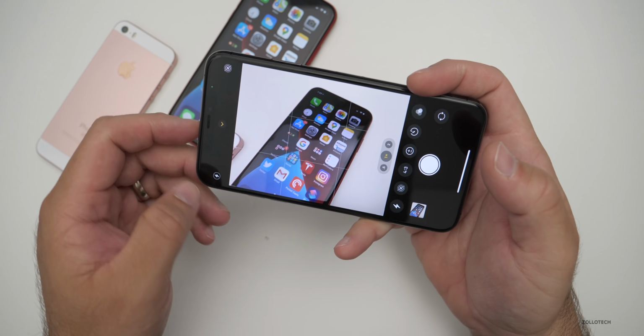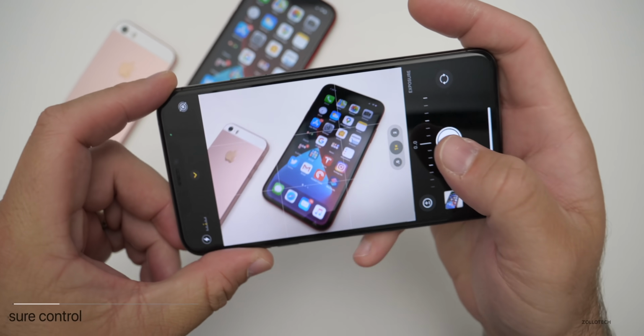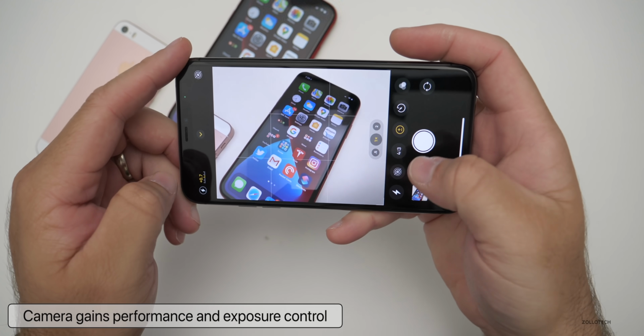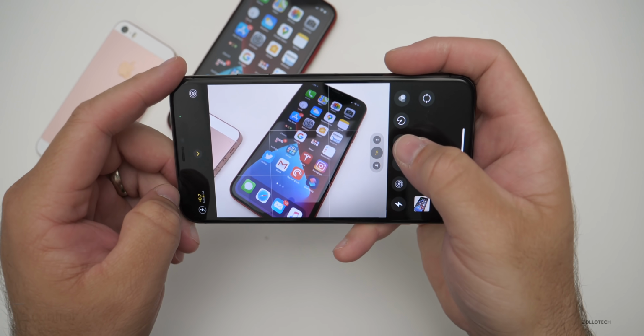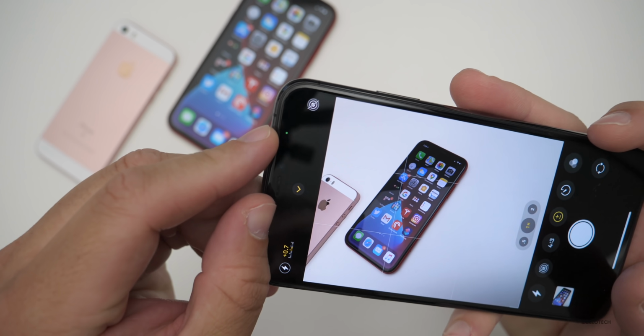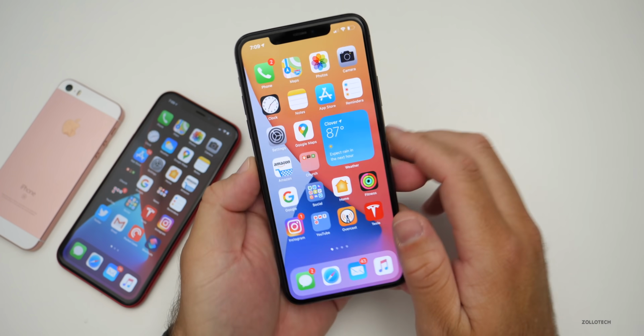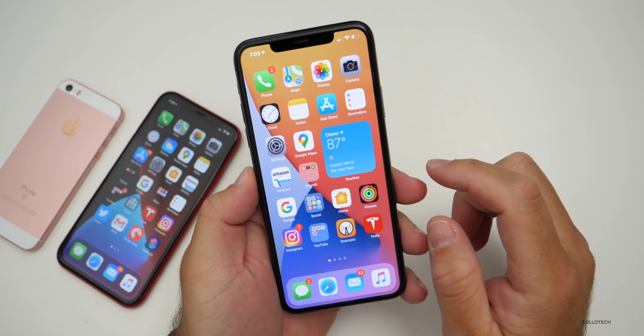And then they've also added exposure compensation. So you've got the option here. If you didn't see that quick, we'll go back, tap the options, and you'll see we've got exposure control here. And then we've got a little dot letting us know that the camera's in use, which is part of the new privacy update.